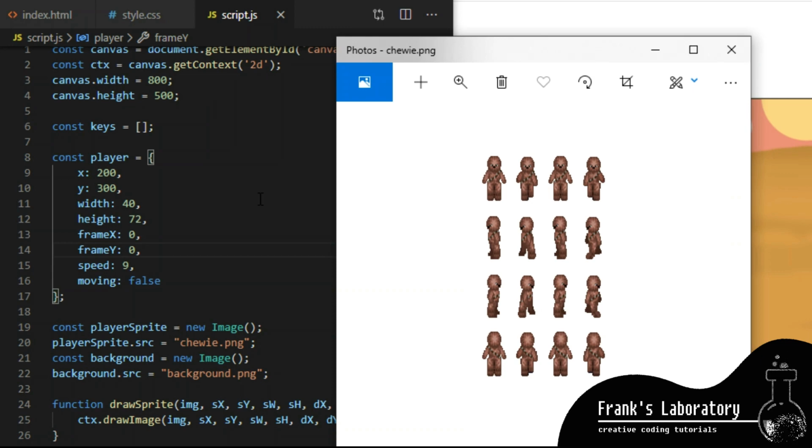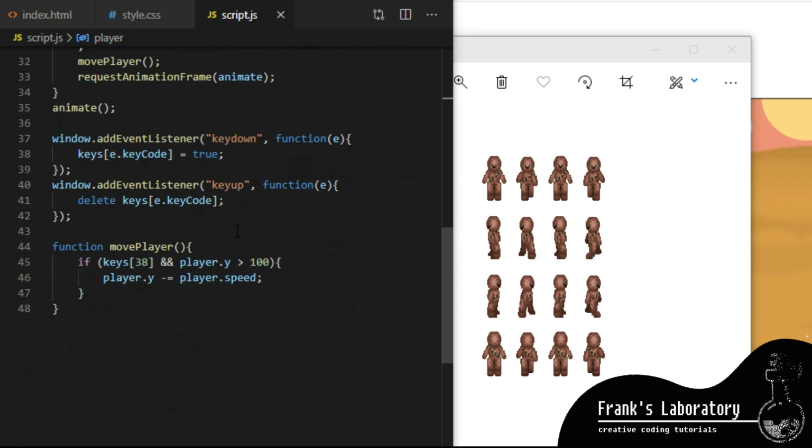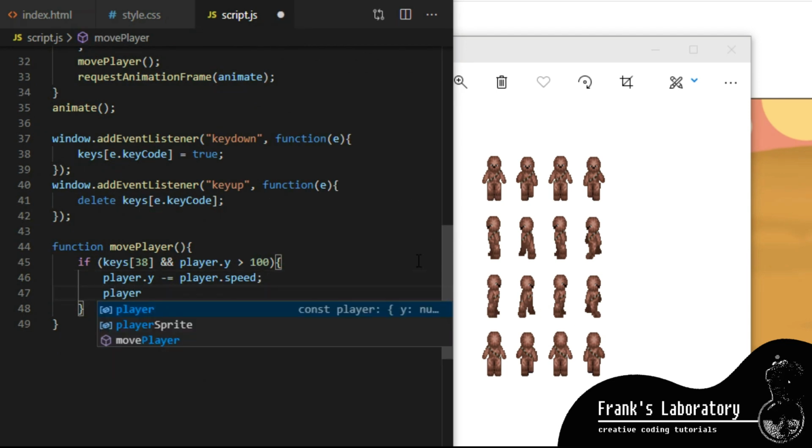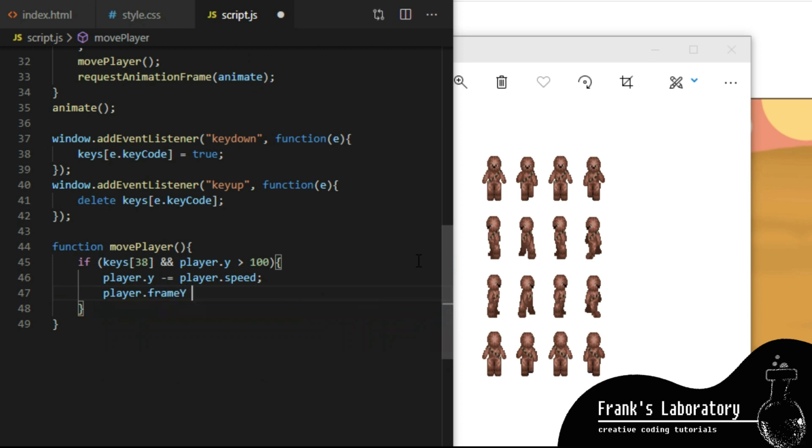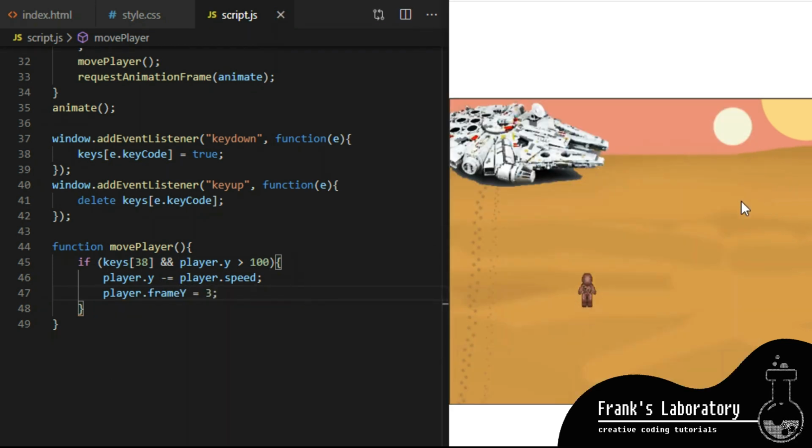Value of 3 will make character facing up. So back down inside movePlayer function, I add additional statement. If keys 38 is true and player's Y position is more than 100, move player up and player frame Y is 3, which will give us animation row that displays our character walking up. If you managed to follow, well done. I will now repeat everything for left direction,